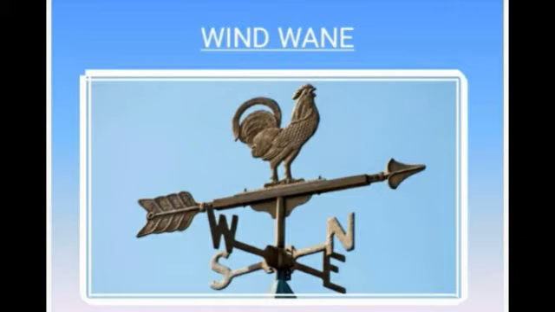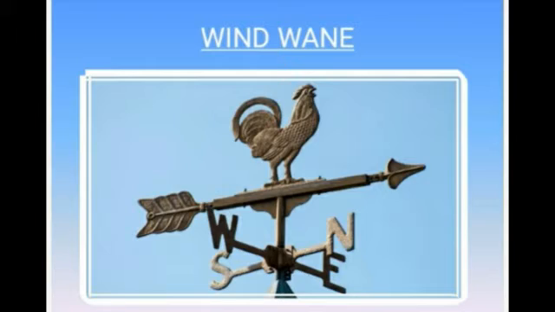So this you all have seen during the weather news. Okay, so it has a pointed end called the arrow and a broad end called the tail. Below the vane, the vertical rod carries a cross which indicates 4 directions. What are the 4 directions? North, south, east and west. So the arrow always points to the direction from which the